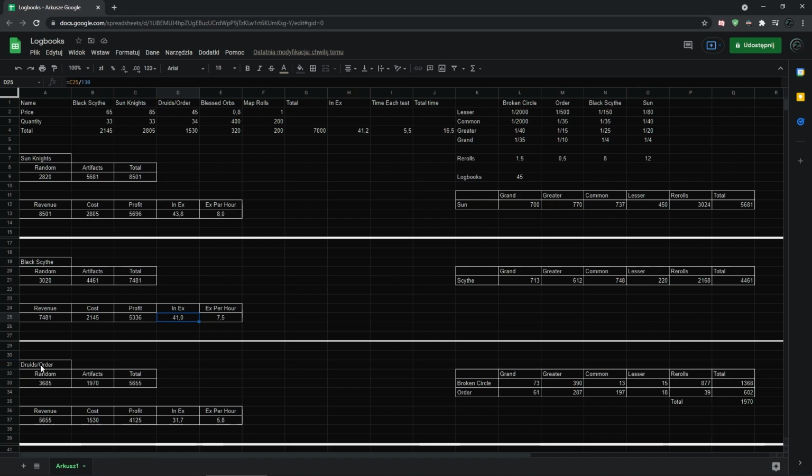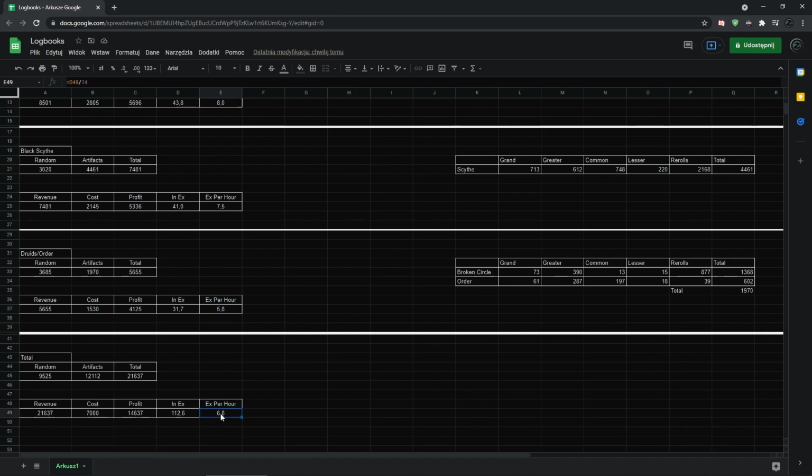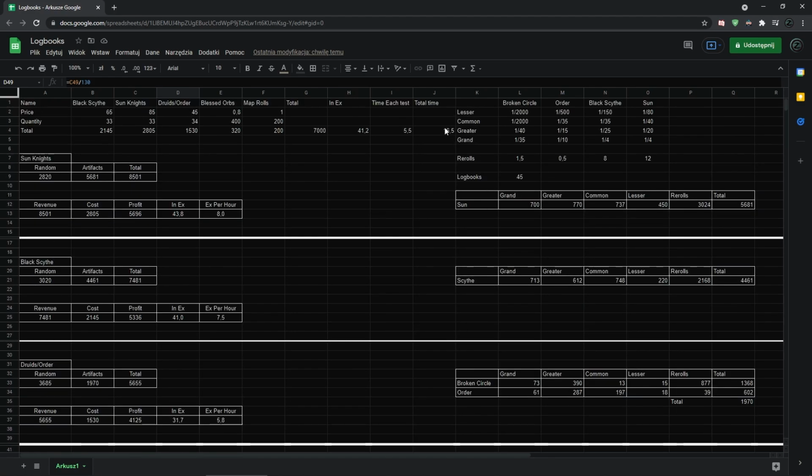And here is Druids of the Order. So again I did spend the least amount of money on them, but as you can see here, artifacts a little bit less than 2k, and again here is almost 6k and here is almost 5k, so much less profit from Druids of the Order. So even when we include the costs, the lower costs, it's still not really worth going for them. So only 5.8x per hour. And in total, I did make 6.8x per hour, and I did make 112 exalts in 16.5